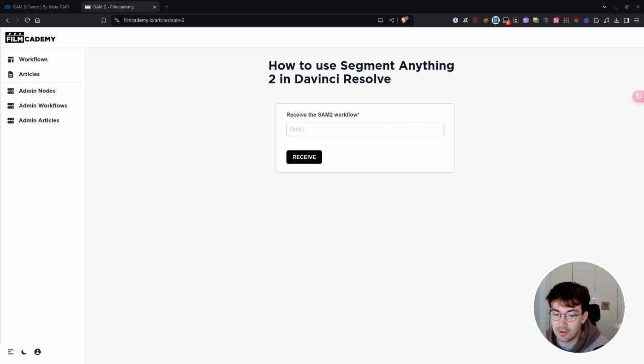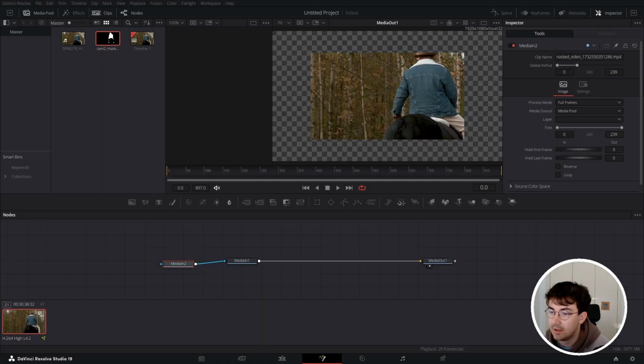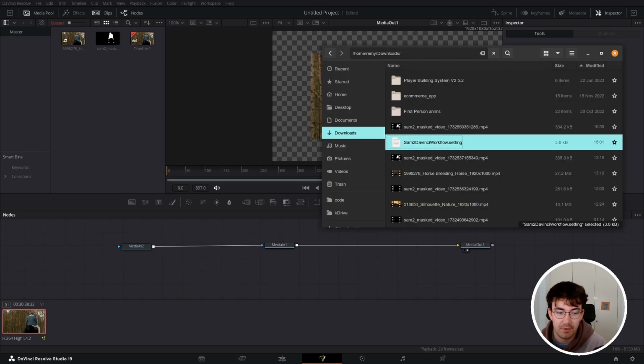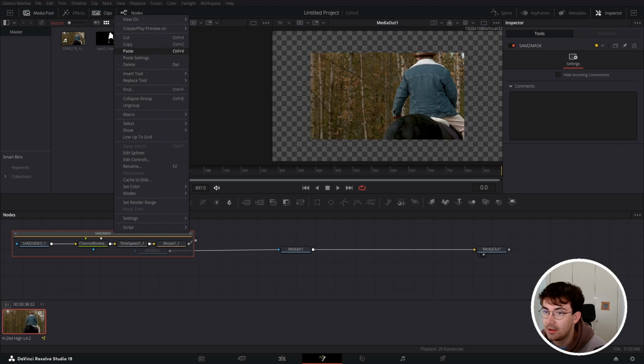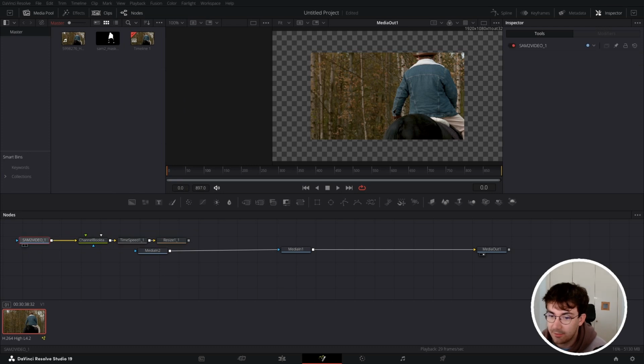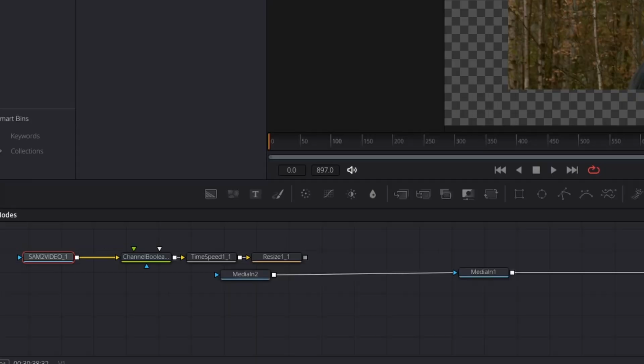And so the only thing you will have to do to make this matte video work will be to drag and drop my workflow. So I will drag and drop the workflow into Fusion. Directly we can see that a new group of nodes is appearing. In our case we can ungroup all these nodes because we'll have to make a few adjustments to make it work. So right click on it, ungroup it,